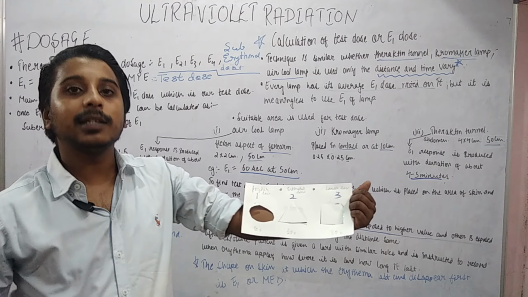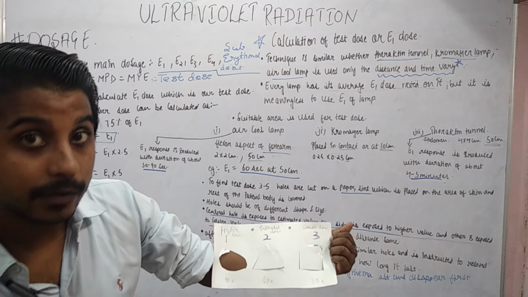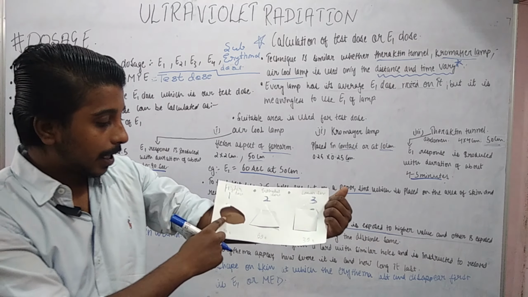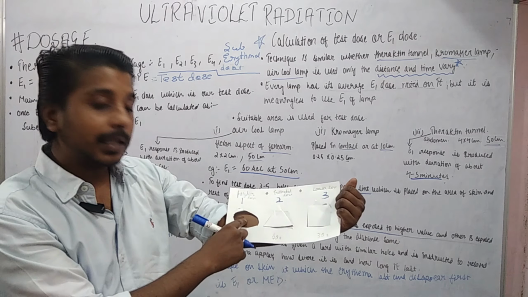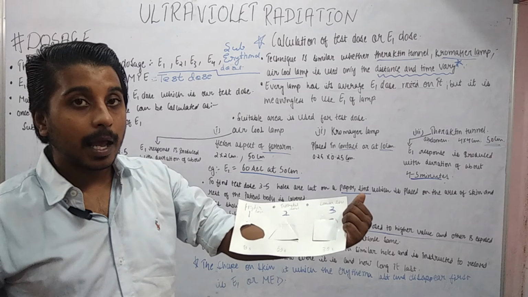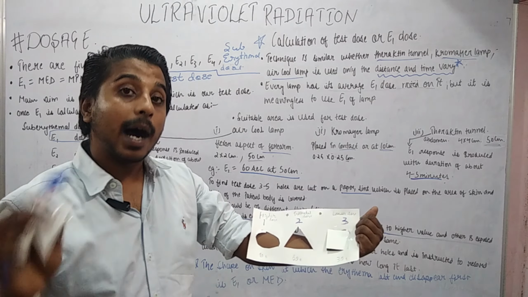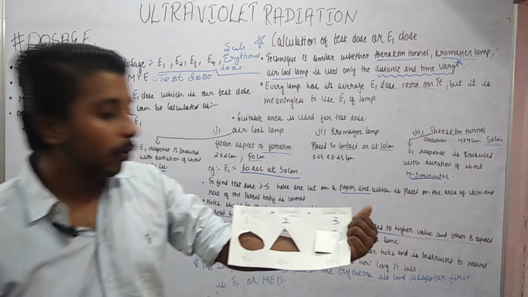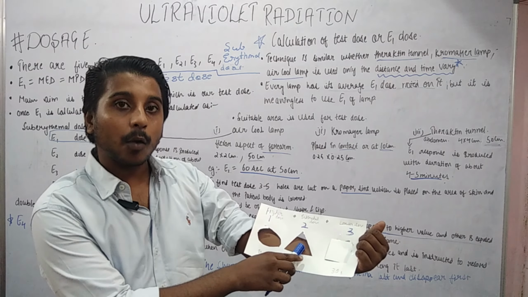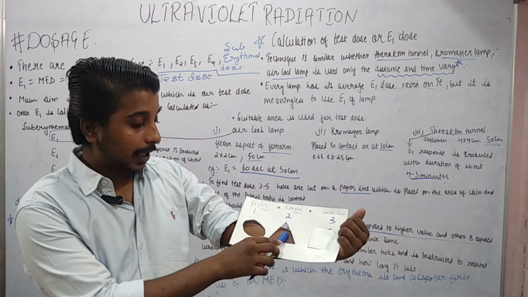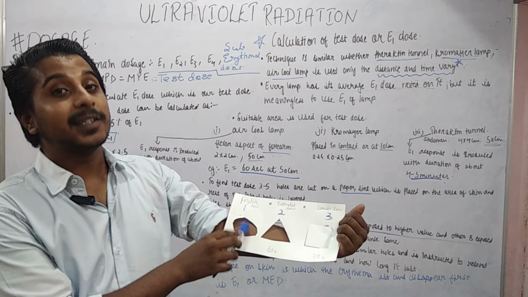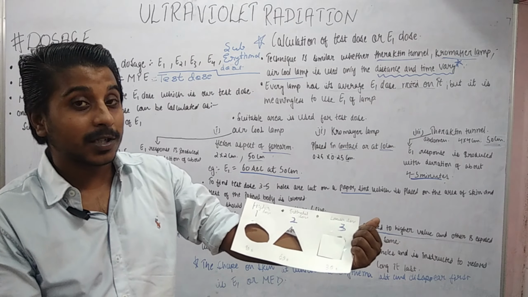Now I will first of all remove this part. I will apply 30 seconds to it. Focus on my words. I am going to apply 30 second UV radiation on this part. After 30 seconds, I will remove this part also. Again, I am going to apply 30 second UVR. So here till now is applied. We have given 30 seconds, but here it becomes 60 seconds because this is also exposed now.